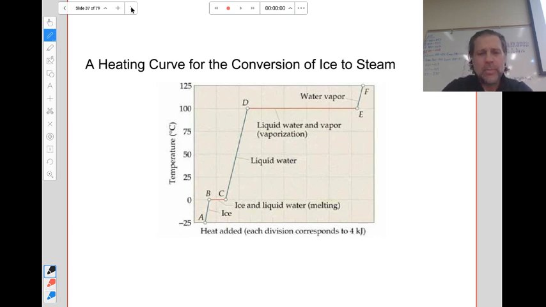So remember, as we add heat to a system, as temperature increases, we are looking at the correlation between temperature and the amount of energy in the system. I increase the temperature, the energy increases, and we can go from solid ice to ice and water as it's melting, and then from liquid water to vaporization, and then to water vapor. So it's all about an increase in energy, and I have a feeling that the bell's going to ring in a second. So while that's loading,